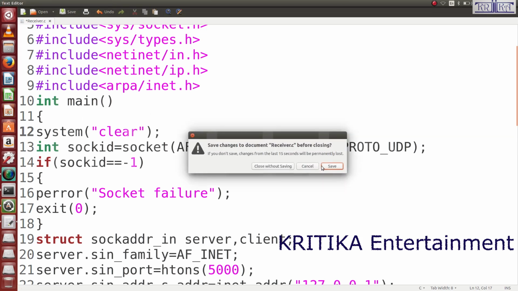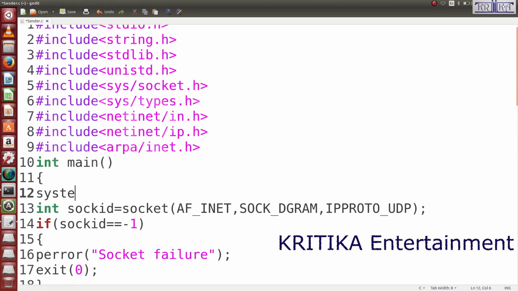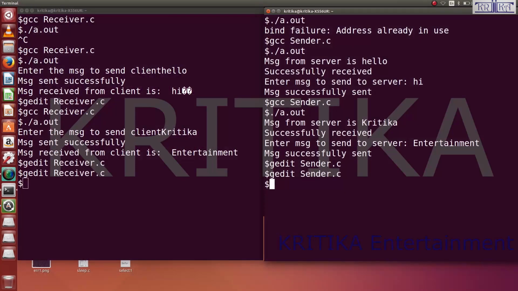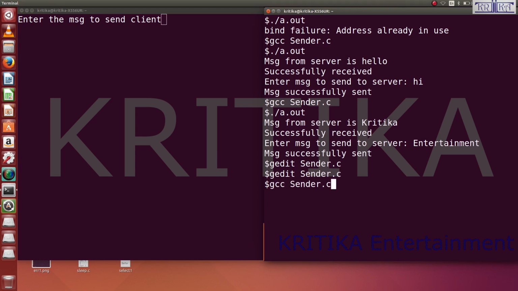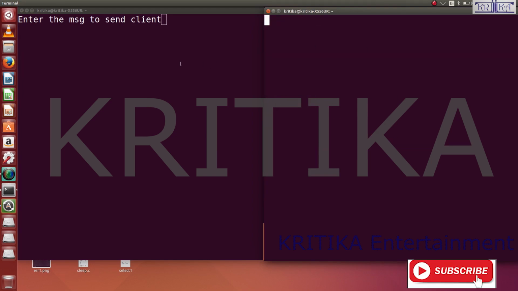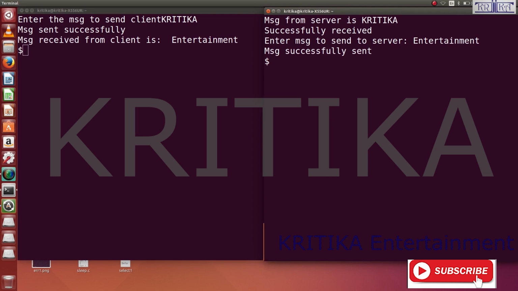This will run before the program starts, so your program will be closed automatically. And this side also the same. Here write what? Now system clear. This will clear your screen already. No need to clear it. Okay, then I will rerun this program. Okay, you see, and then this is the message, and I will also run, and here the message hello, double Kritika. Okay, then this is the entertainment, and this is also the entertainment. First the server sends the message to the client. So on the client side we need to define the port which is different from the server, and server again